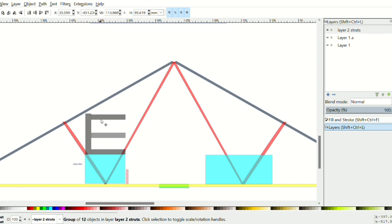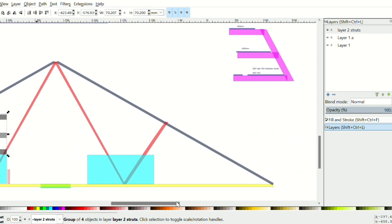So the simplest structure would be an E structure, where I've got 3 decks, and this would sit on a raised up plinth at about 50 centimetres high, so I could get storage underneath. But it didn't seem to make the best use of the space, though it would be quite an easy structure to make. So version 2